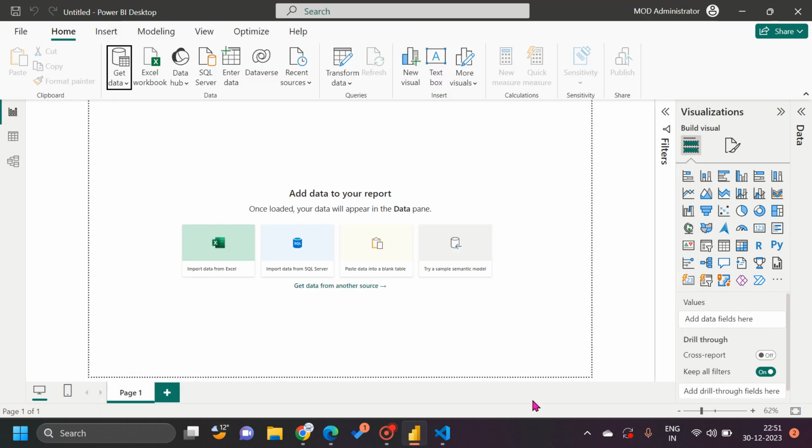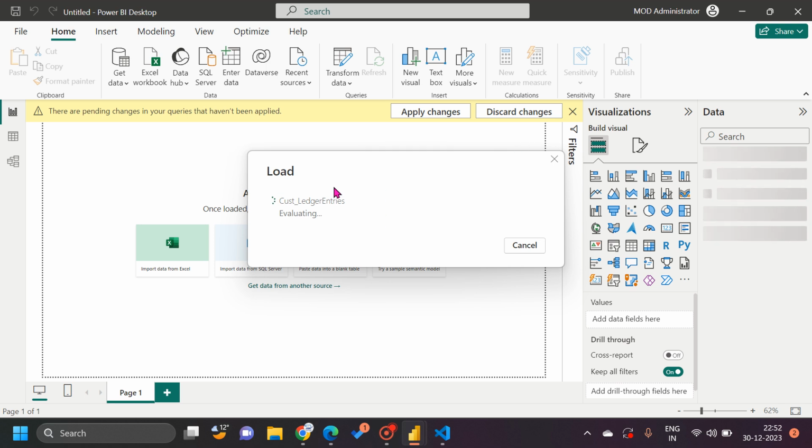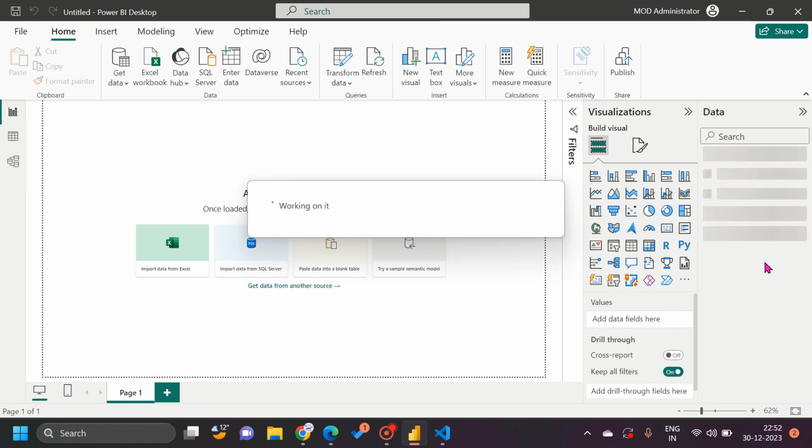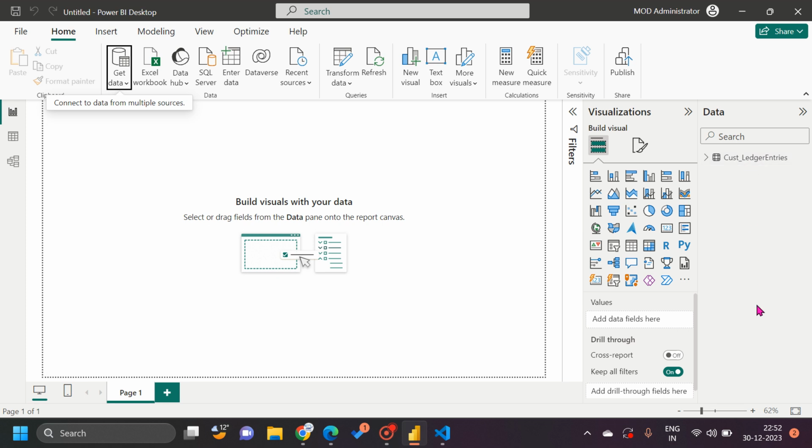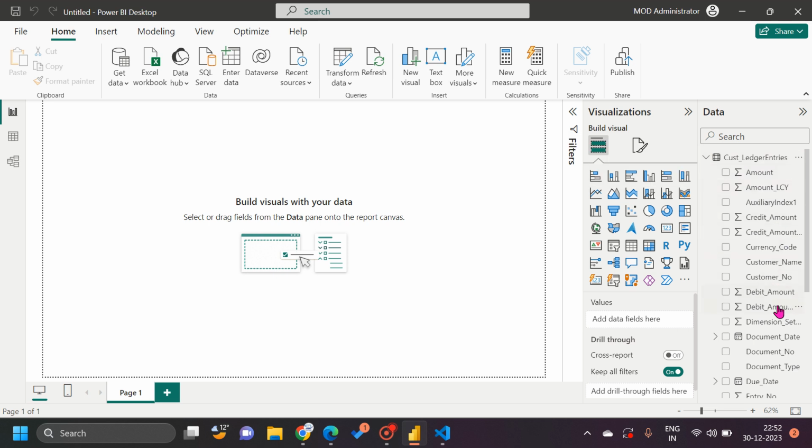So you just click on load, and now that data will start loading into the report which you want to develop. Okay, first of all, let's wait. It is loading currently. Once it is loaded successfully, your data will be showing up here, the data in terms of the fields which are already exposed, those will be available here. So you can see that this is the data which I wanted, and all the fields are available,